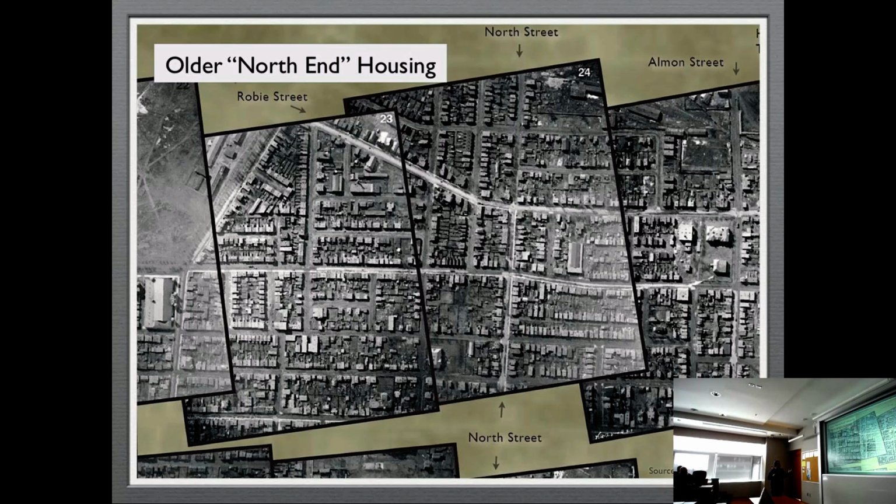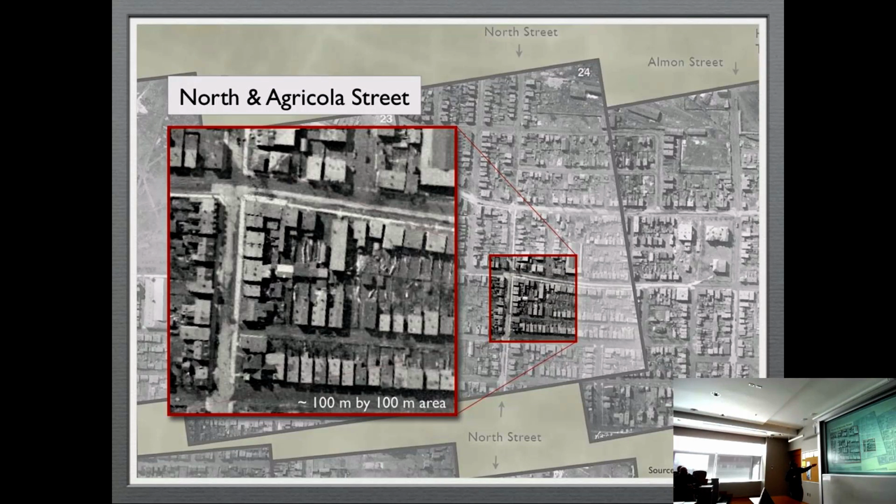And if you look at the situation at North Street and Agricola Street here in a little more detail, you have the Victorian houses, flat roofs, back alleys, the fence lines, the little gardens in the back, newly constructed sidewalks built with infrastructure money that came from the federal government during the war,